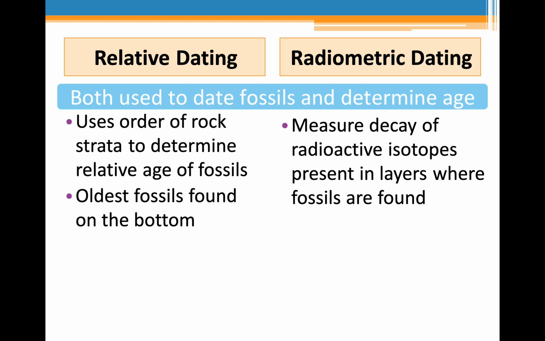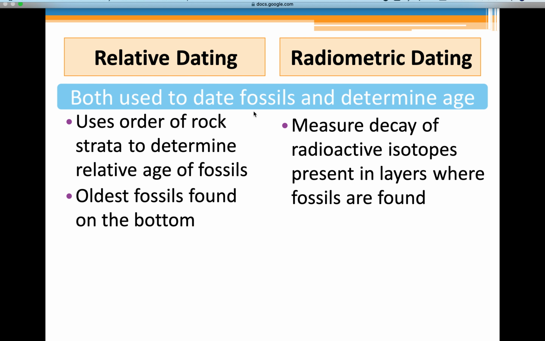And it's basically using the order that the fossils were laid down as a way of gauging, relative to other fossils, how old something is. Because the ones that are found more towards the bottom should have been laid down first, and then other newer ones came on top of them. This second one is